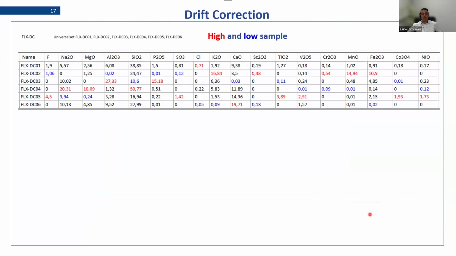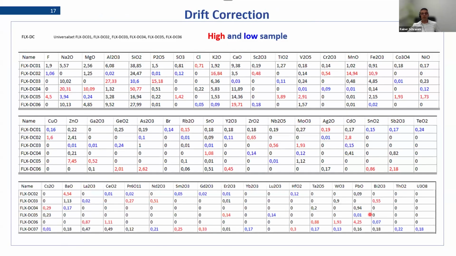And here you will see how this distributes over the periodic table. So you see here in red the high and in blue the low sample. So you see for every element you find always a combination between a high and a low drift correction sample, so that in complete you will cover the whole periodic table then to get all the elements